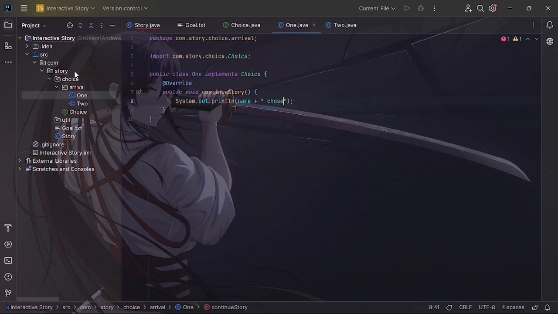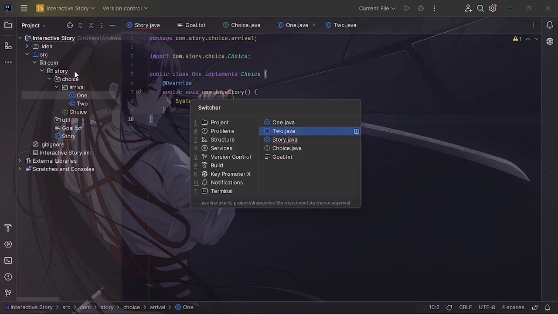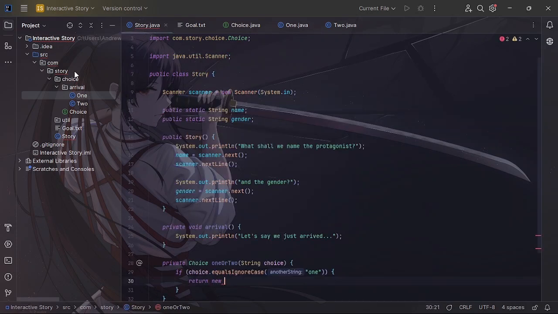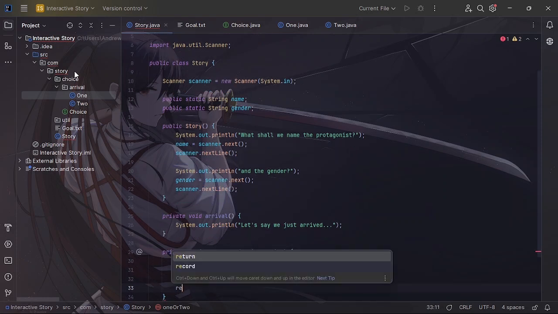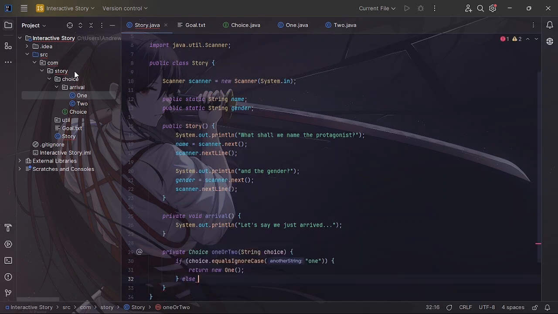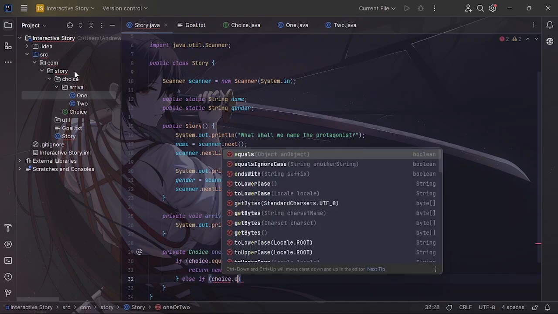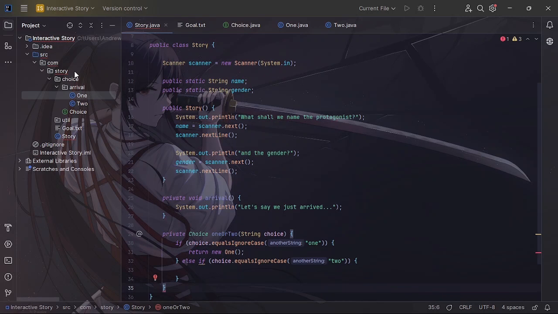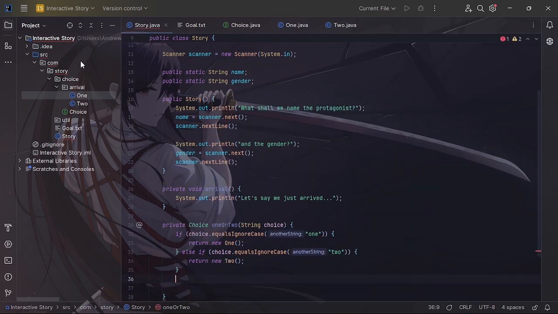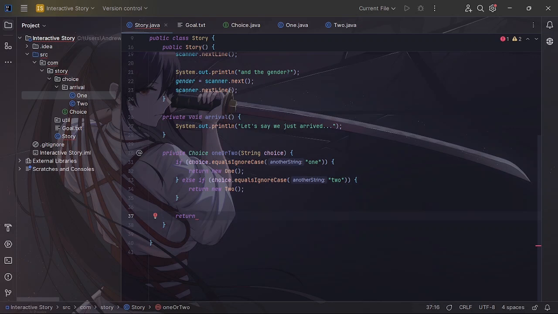So as you can see, both of these have their own continuation of the story. So basically, if the user types in 1, then it'll return 1. And then we're going to have the implementation of 1. And if the person types in 2, we can have 2. So something like that. That's how I plan to do it. And if they choose none of these, then you're just going to have to add in a new choice, which